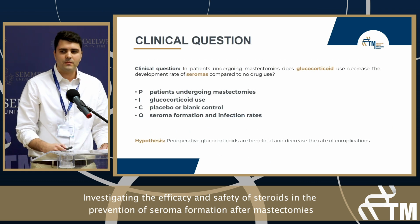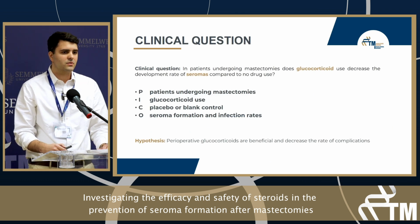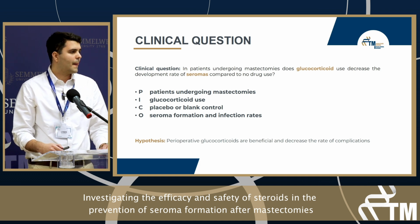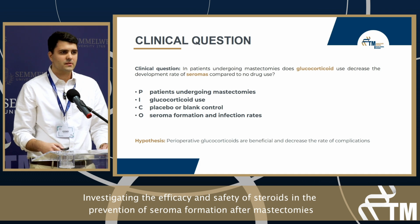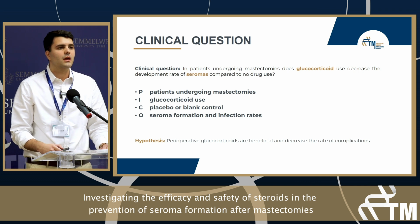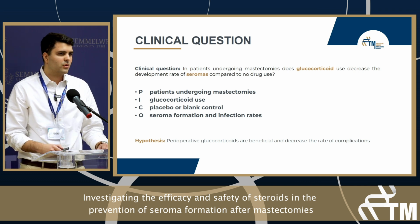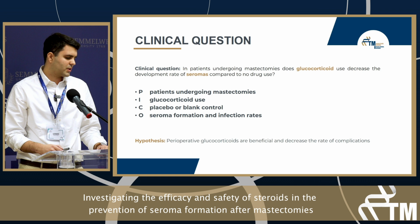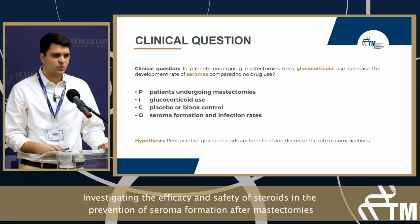So our clinical question is that in patients undergoing mastectomies, does glucocorticoid use decrease the development rate of seromas compared to no drug use? Our population is patients undergoing mastectomies. Intervention is the glucocorticoid use, such as methylprednisolone or hydrocortisone, and the comparator is either a placebo or blank control. The outcomes, most importantly, are seroma formation and infection rates, and other secondary outcomes such as total drainage volume and